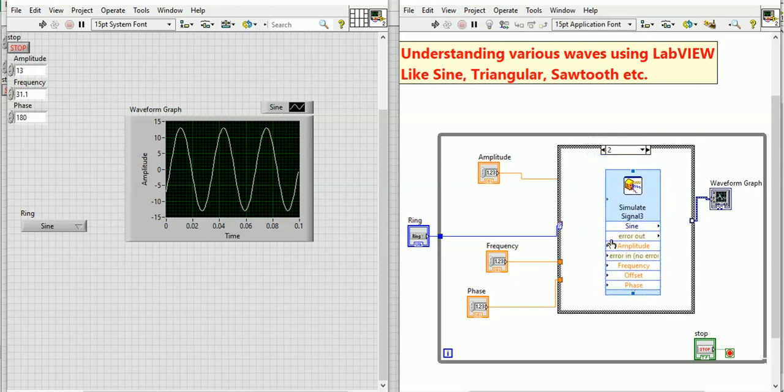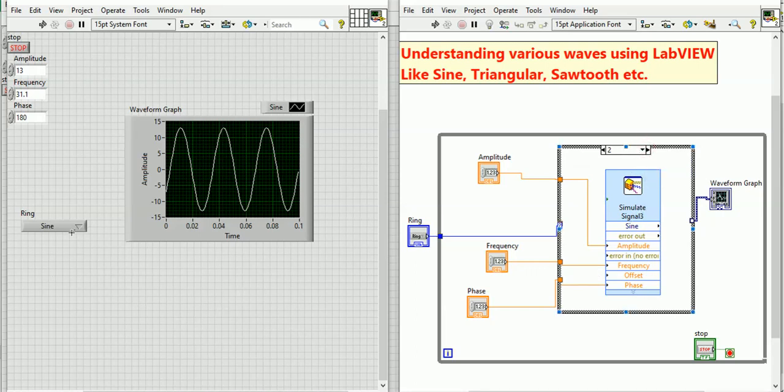Now I will connect amplitude to amplitude, frequency to frequency and phase to phase. You can also put offset, but I am not putting offset. Okay, so this is the third one.